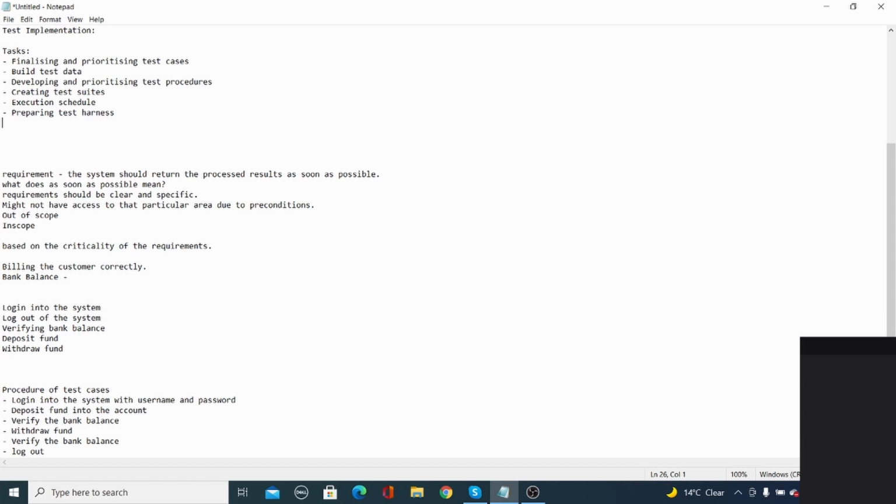If you need to generate some reports, then you need to associate some reports with the automation tools. If you use these test harnesses, what are the benefits you can get? It increases your productivity because you are not executing the test cases manually. You are executing these test cases by a tool, automating them, so it speeds up. So that is one benefit. It saves time and increases the productivity.